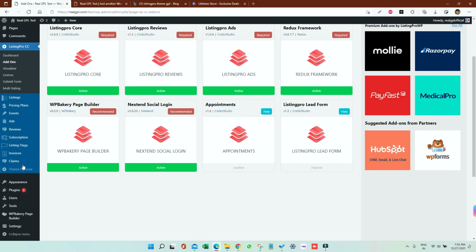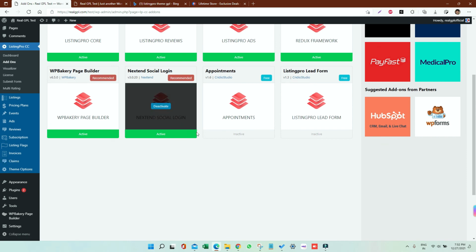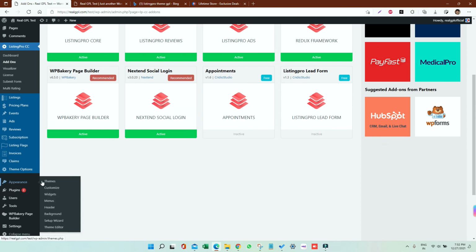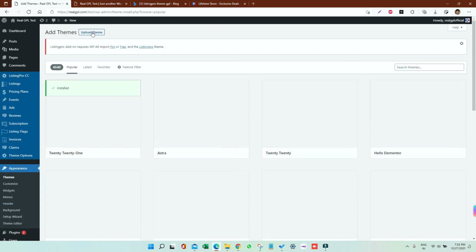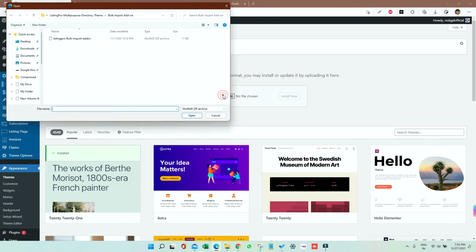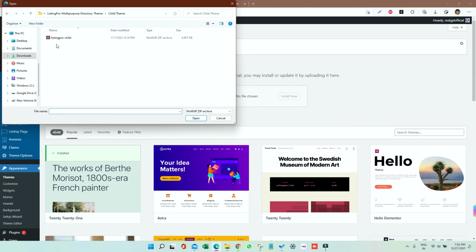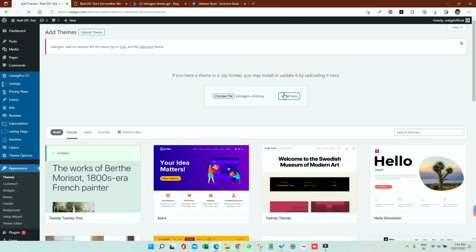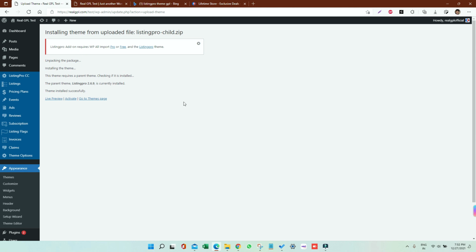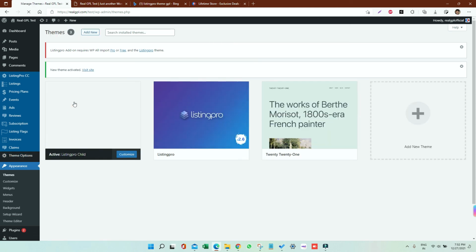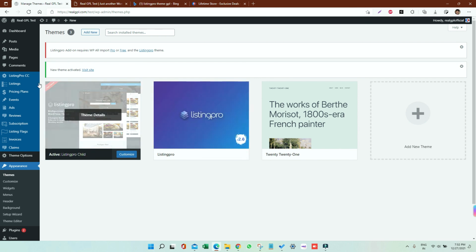I have not installed the child theme. So before making any changes to the theme, I will go to appearance, I will go to themes, and then I will go to add new, click on upload theme, choose file, select the child theme, then click on open, then click on install now. We should have done this earlier, but if we have not, then it doesn't matter because we have not changed anything on the website and we are doing it right now. So once installed, just click on activate, because the child theme should be activated, so the pattern should be working in the backend. Okay, the child is activated.